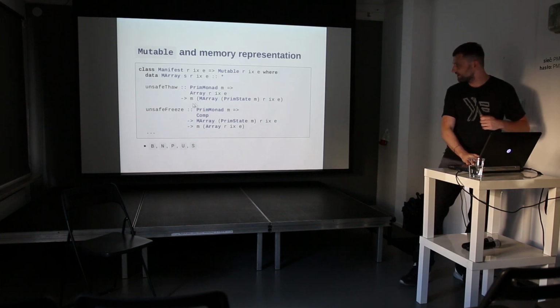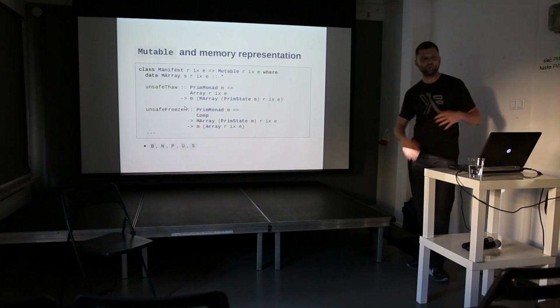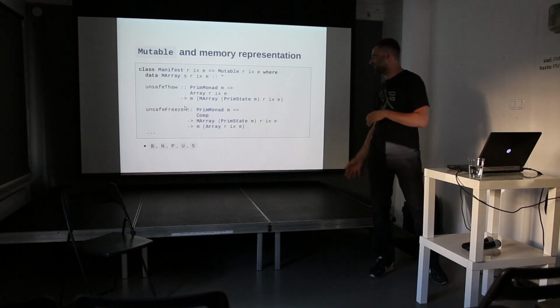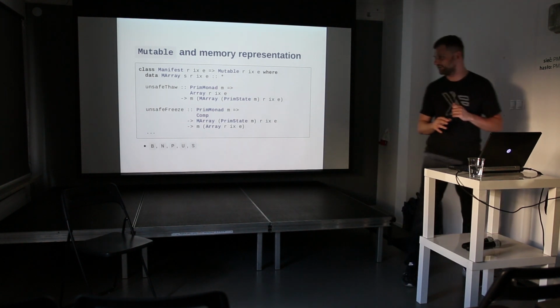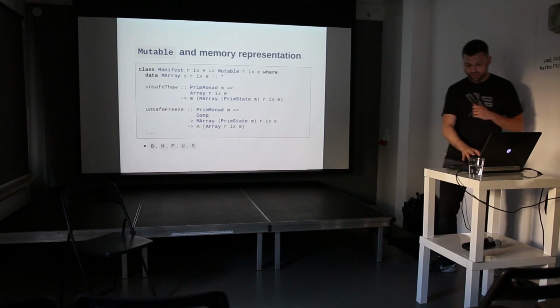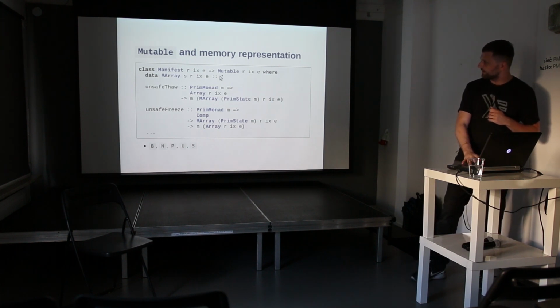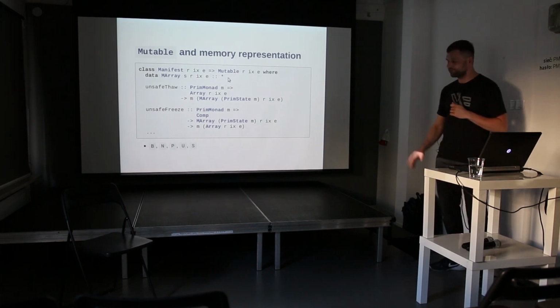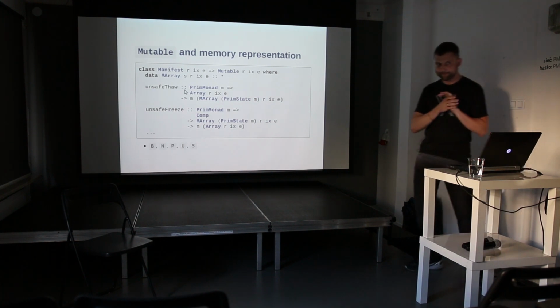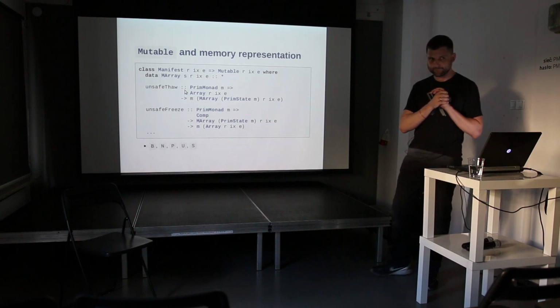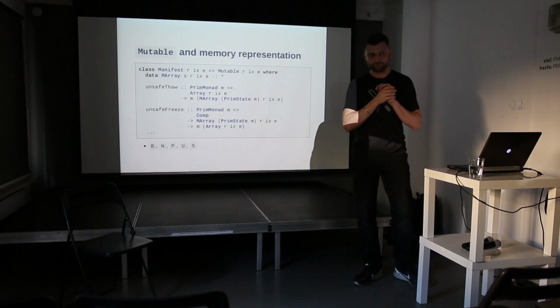We take a pure array, we thaw it, we do all sorts of mutation in it, and then we can go ahead and freeze it back and treat it as a pure, nice data type pure array. And this type class is required in order for. So whenever you thaw it,